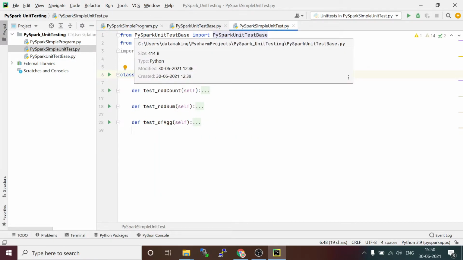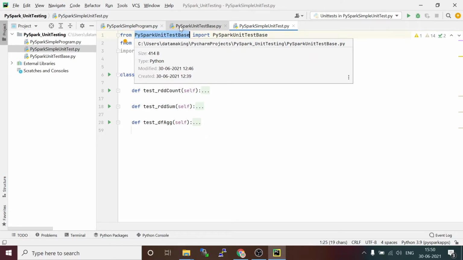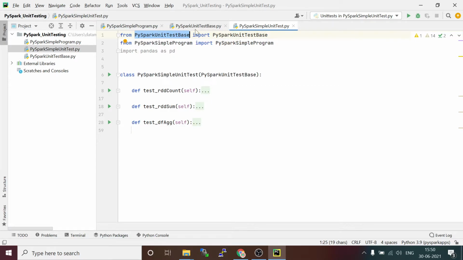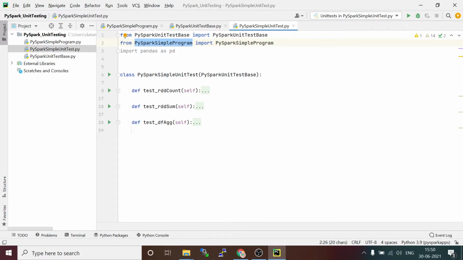From this module name, which is the program name of the script, import the class PySparkUnitTestBase. Similarly, the sample program called PySpark simple program is nothing but a module or Python file name. Now I am creating this unit test class and inheriting from the PySparkUnitTestBase class.